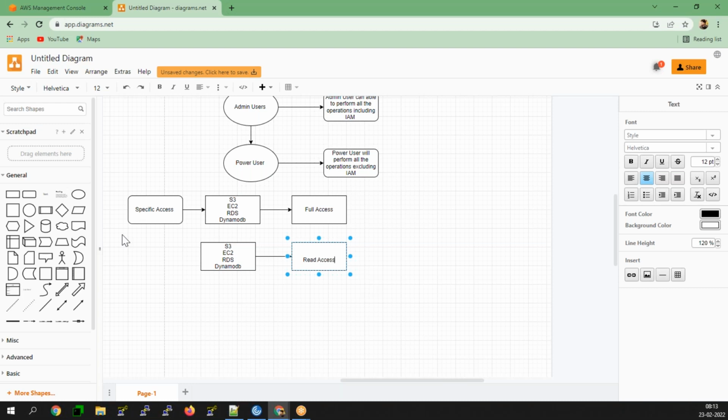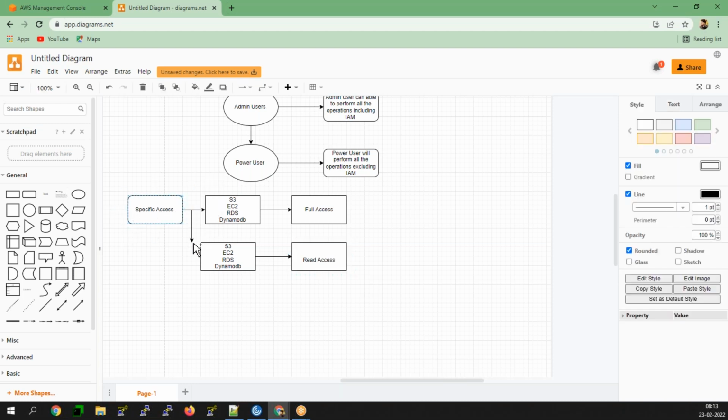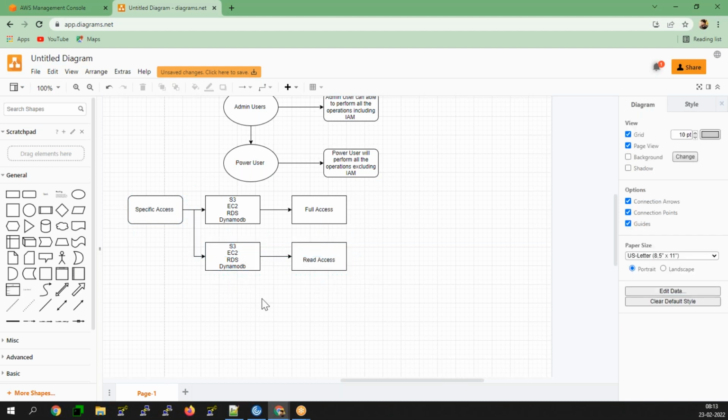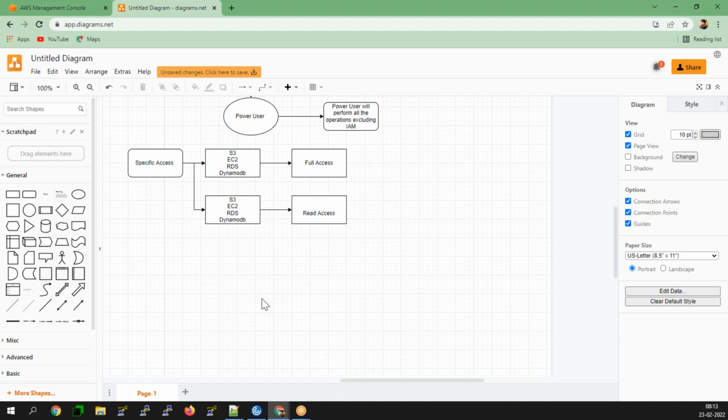This is one main important thing that you guys need to understand. Am I clear on this? These are the two different accesses you're going to give based upon the level.